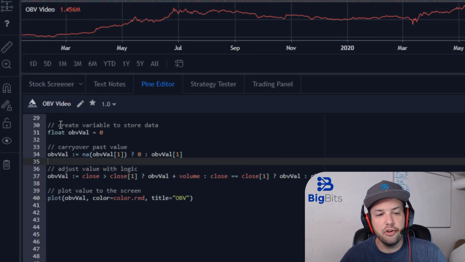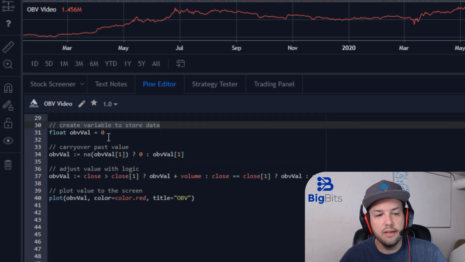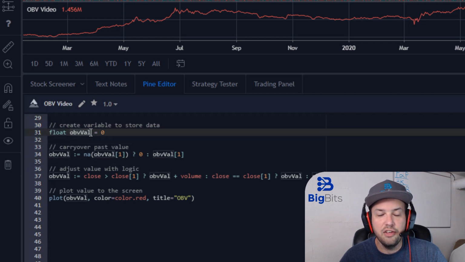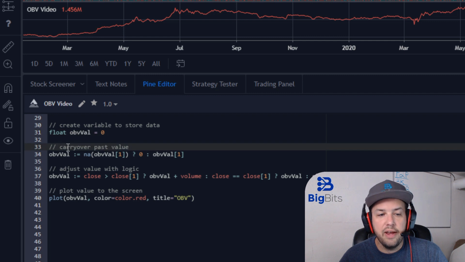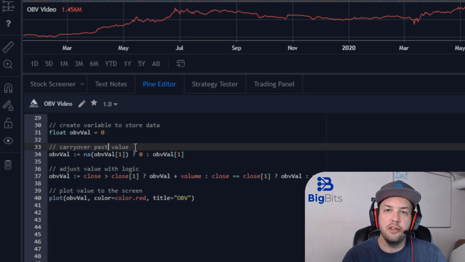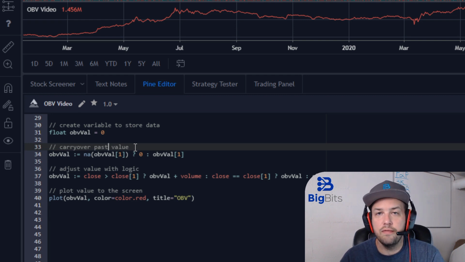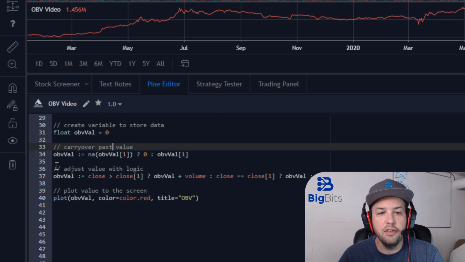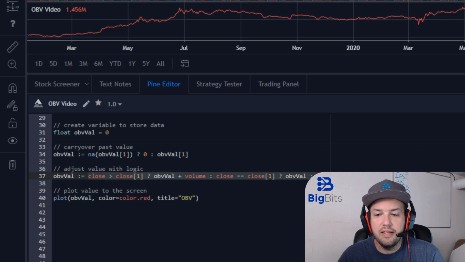The first thing we're going to do is we're going to create a variable to store the data. So this is our OBV value. Then we are going to carry over our past value. So if you remember in the calculation, you have to take the previous value and you have to add the current volume or subtract it based on certain logic. So we need to know the previous value, and we're going to go ahead and just carry it over from the last one. And then we are going to use some logic here, and this is basically some if-else statements,